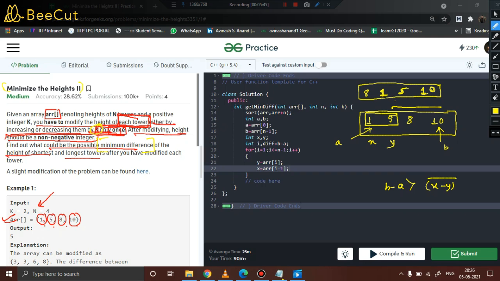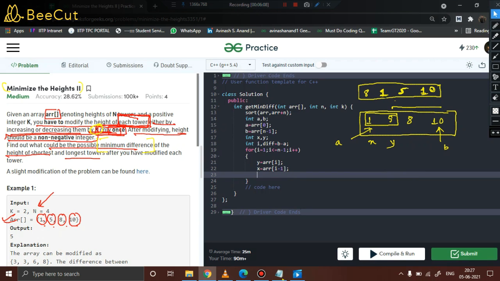So we will focus on these x minus y pairs, and we will try to increase the value of x and try to reduce the value of y. So basically, if you see here, we will check that. We've just found out the value of y, we found out the value of x. Now we should basically say